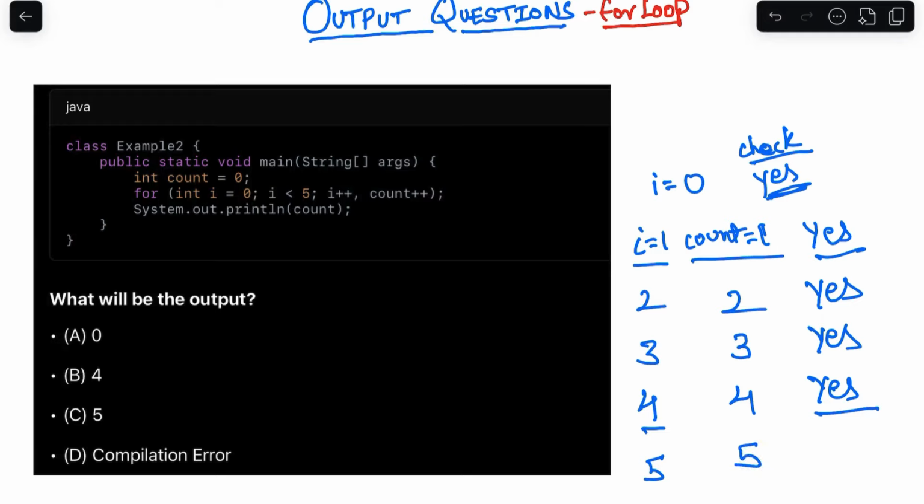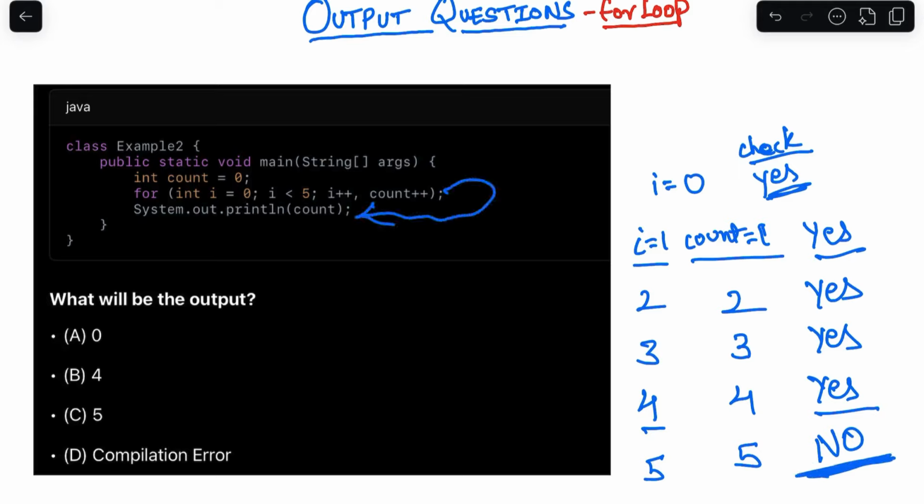क्या अब i less than 5 है? अब जब मेरी i ++ और count ++ हुआ, ये i हो गया 5 और count हो गया 5। अब जब मैं चेक करूंगा i less than 5, क्या ये कंडीशन ट्रू है? नहीं, it is not i less than or equal to, it is i less than। अब तो i equal to 5 हो चुका है, तो ये कंडीशन बिकम्स फॉल्स। तो अब मेरा ये लूप खत्म हो जाएगा, मैं लूप के बाहर